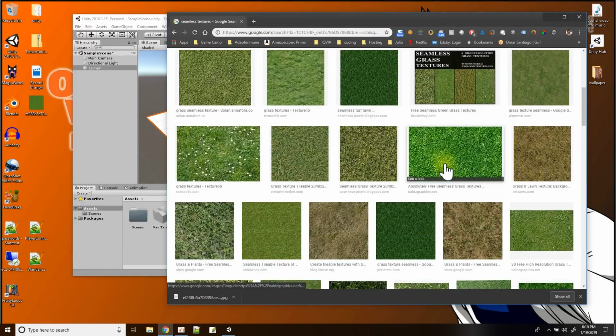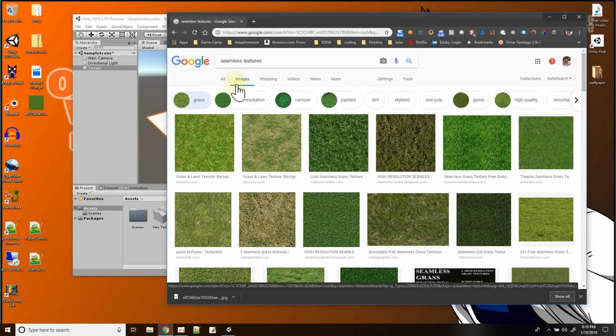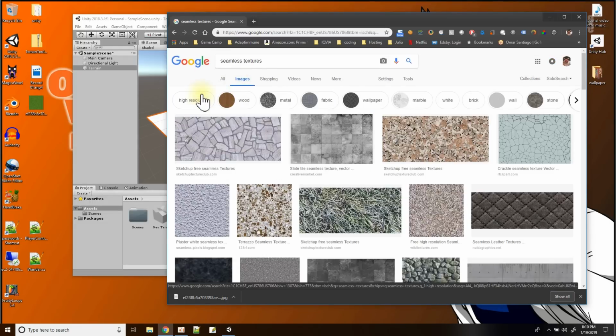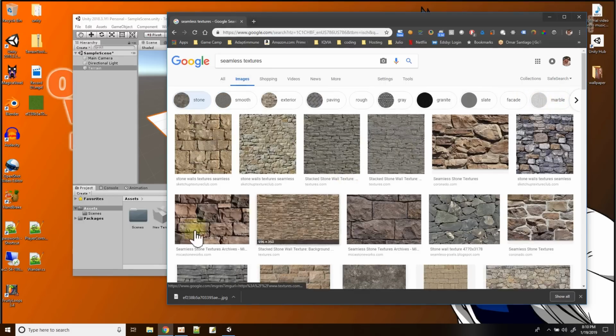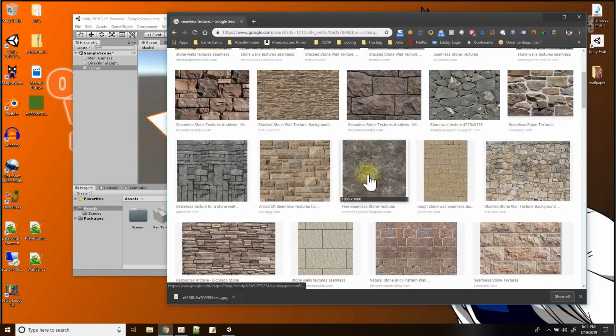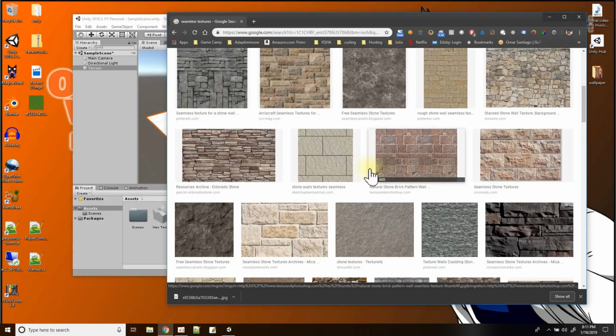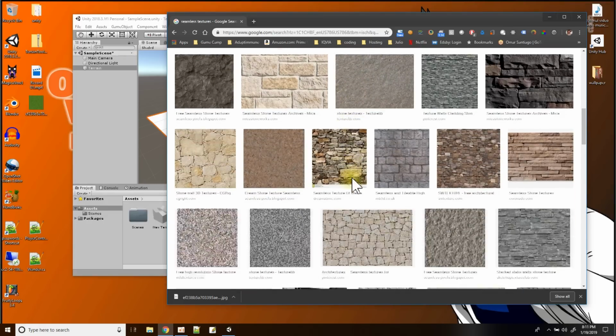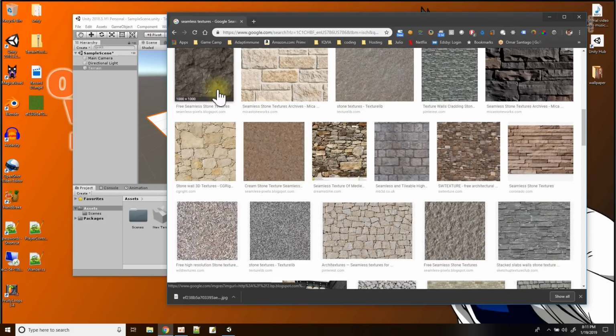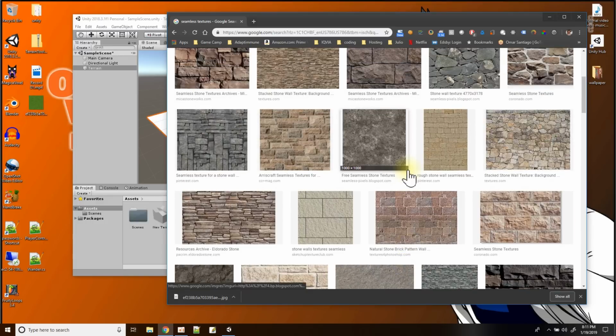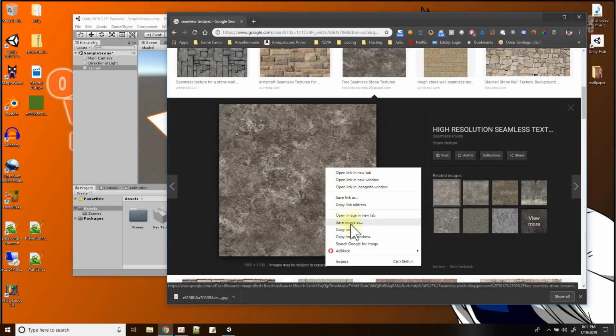And then I probably want another texture, something like stone. Let's see if it shows anything here. Stone. All right, since maybe I'll have some hills and mountains, so I could use a stone texture for that part. Which one do I like? This is cool. This is cool. I'll just pick this one. All right, and save that